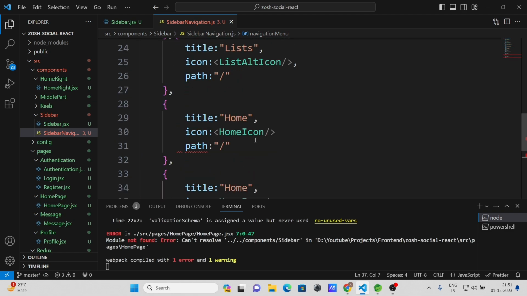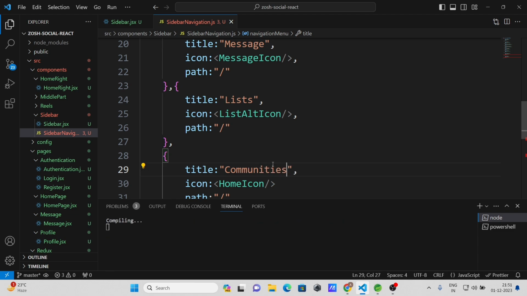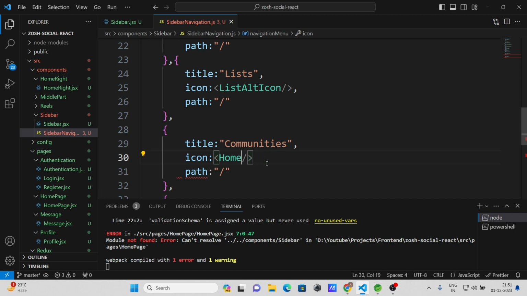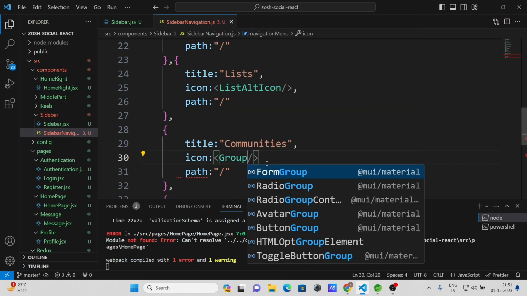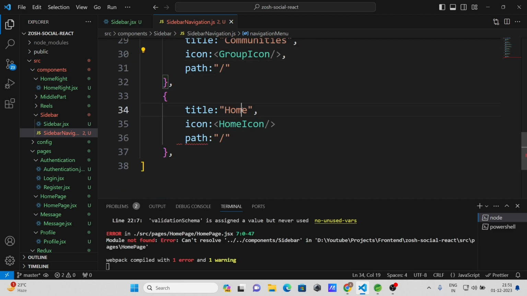Okay, two more we need. First is communities. For the communities we can give a group icon. And last but not least is profile. Here we need to give the account circle icon. Okay, now guys, we are gonna use this